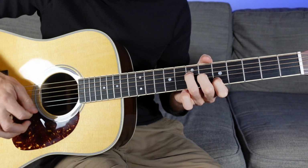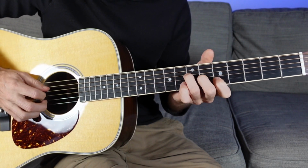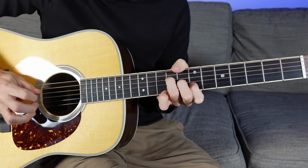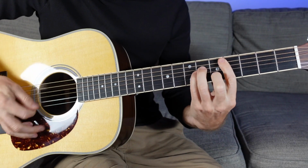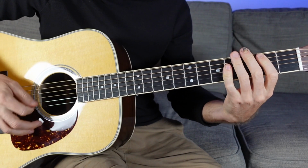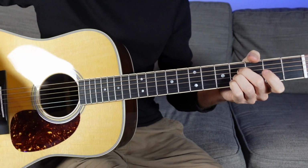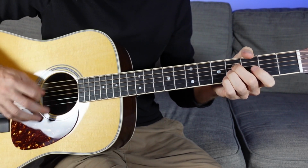So again, here's one other shape that we can use to get that. And then that can kind of go along with the... Or if we do it using those open shapes, or